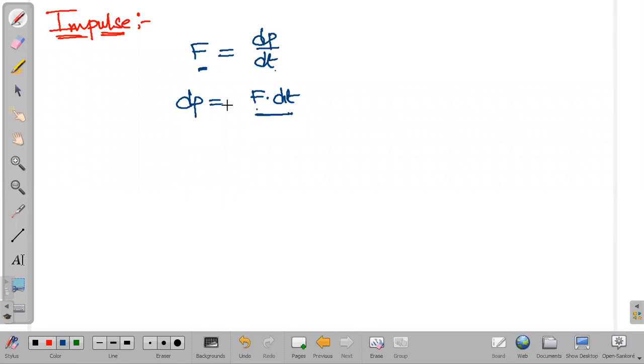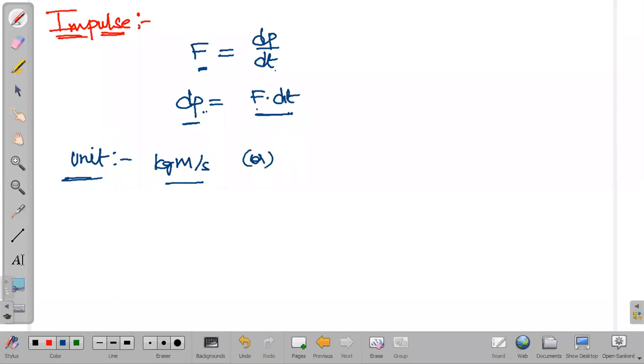Now this impulse is becoming equal to what? Change in momentum. So if we want to measure impulse, we will be measuring change in momentum only. When it comes to units, the unit of impulse and the unit of momentum will be the same. Already we have the unit of momentum as kg meter per second. Kg meter per second is the SI unit of impulse, whereas from this formula if we write the unit,